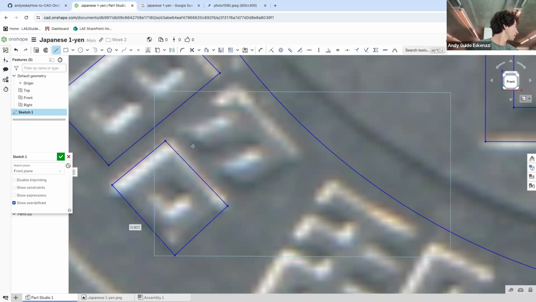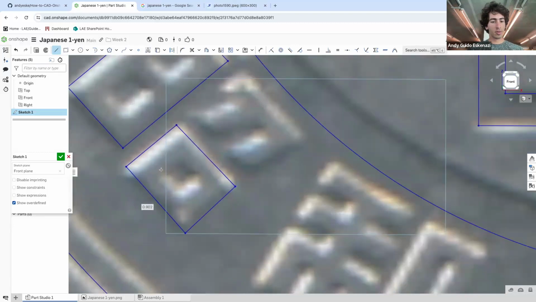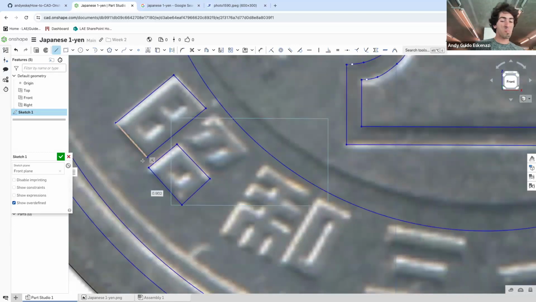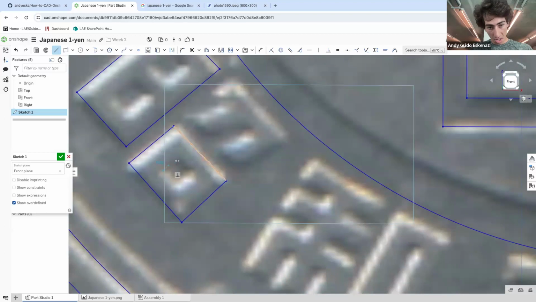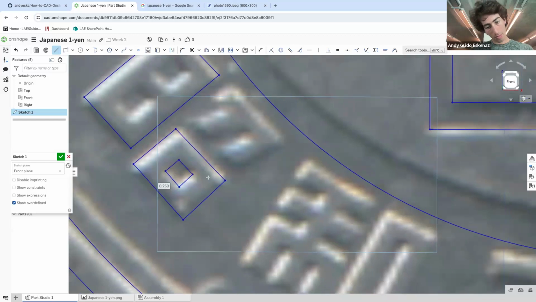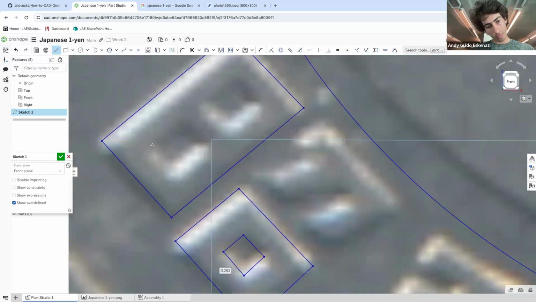Interesting. It won't try to automatically make your sketch go to another part or something. So instead of that orange showing up, say it's like now